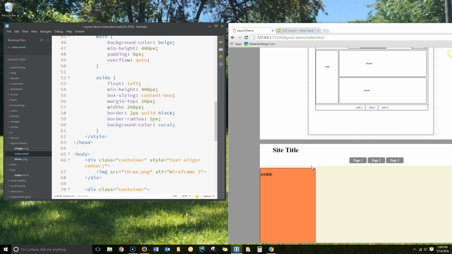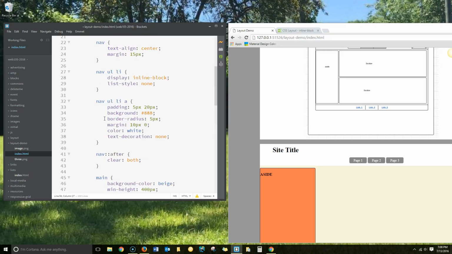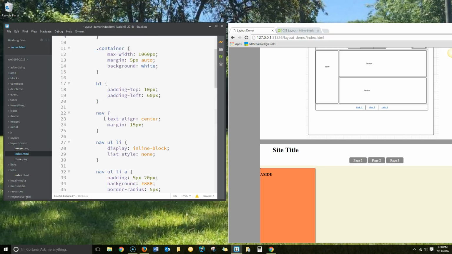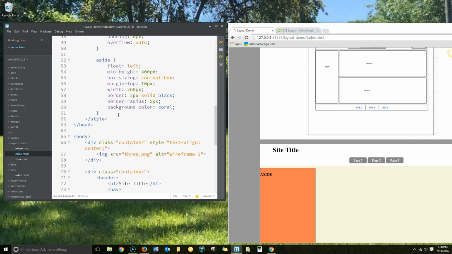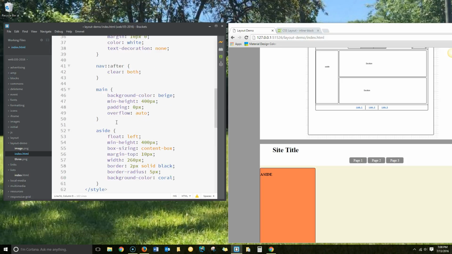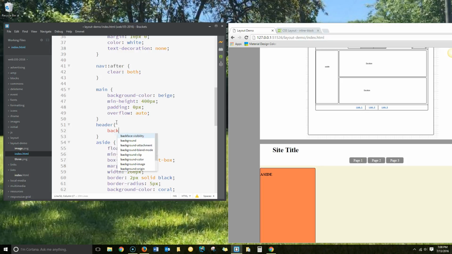Okay, so that pretty much matches. I need to put a background color on my header so you guys can see that. I haven't really done anything with the header, it's just there. So we'll do header, background color,